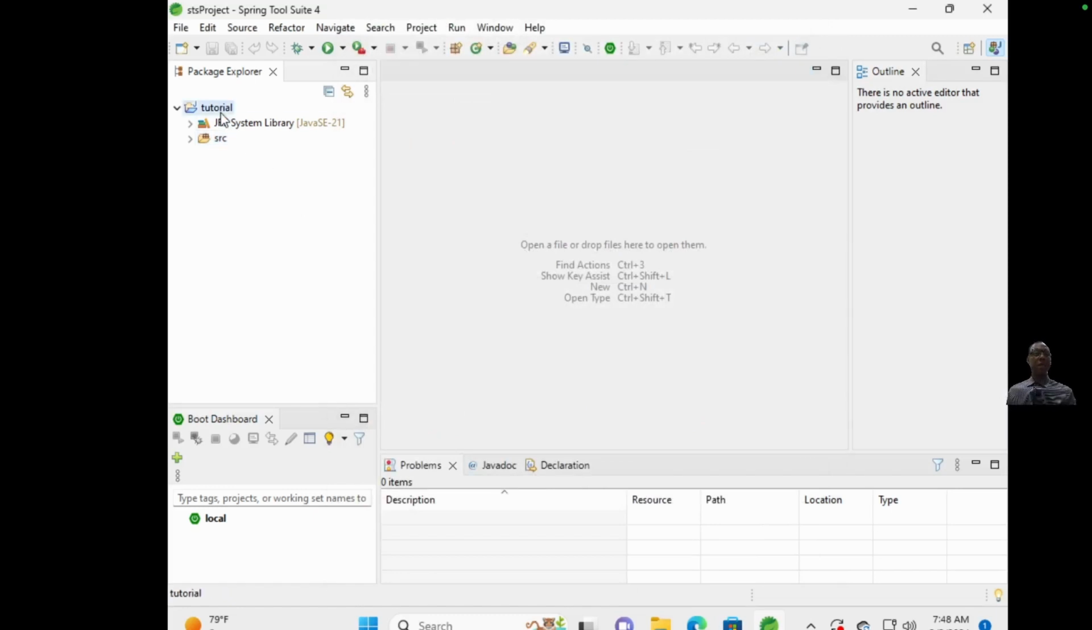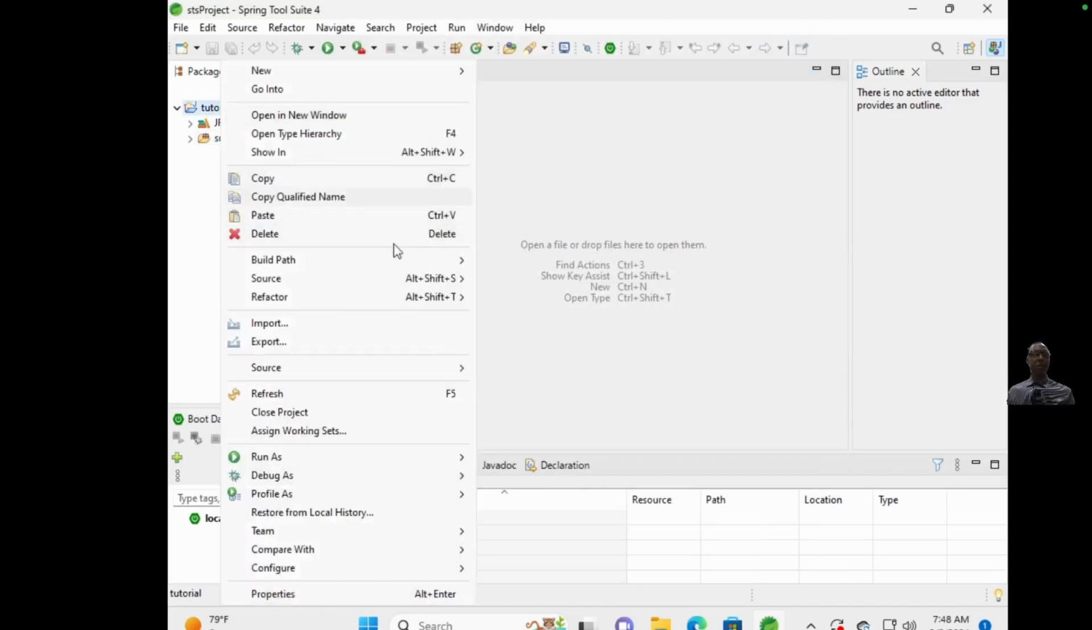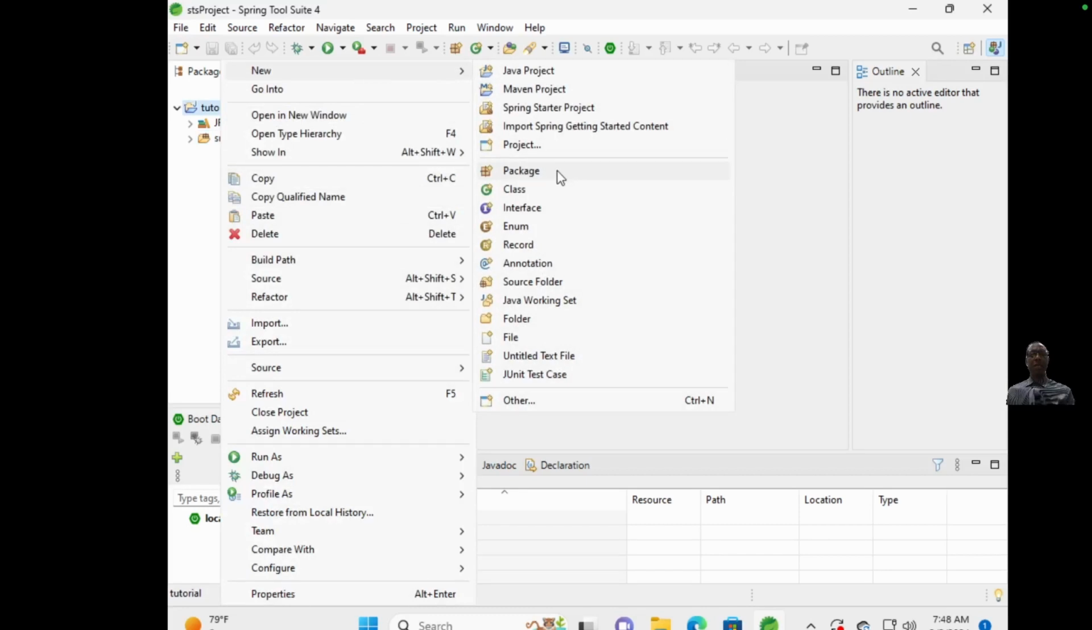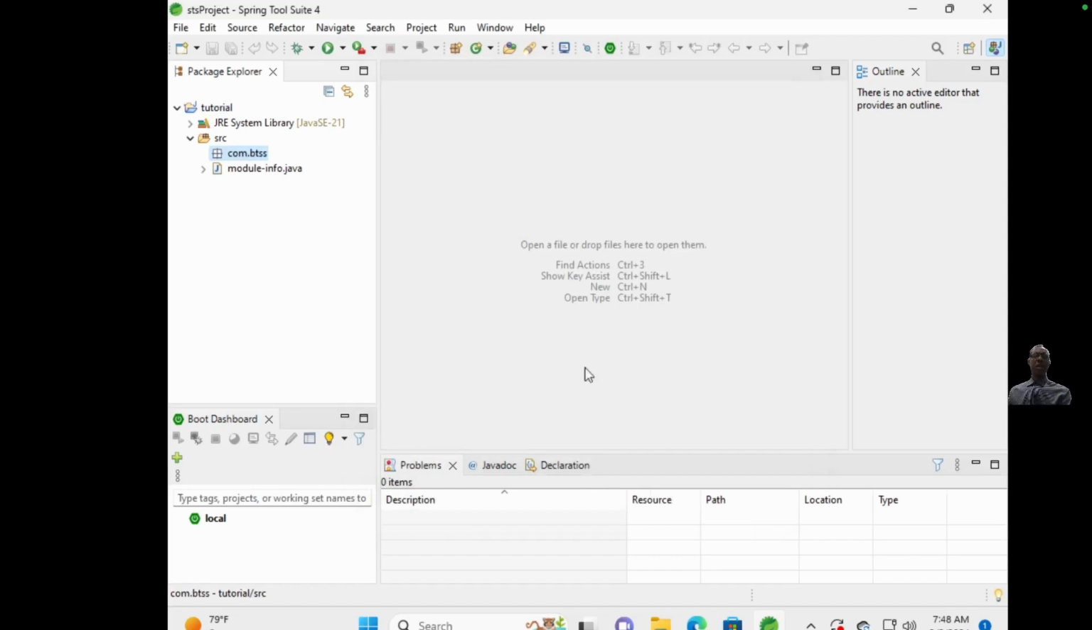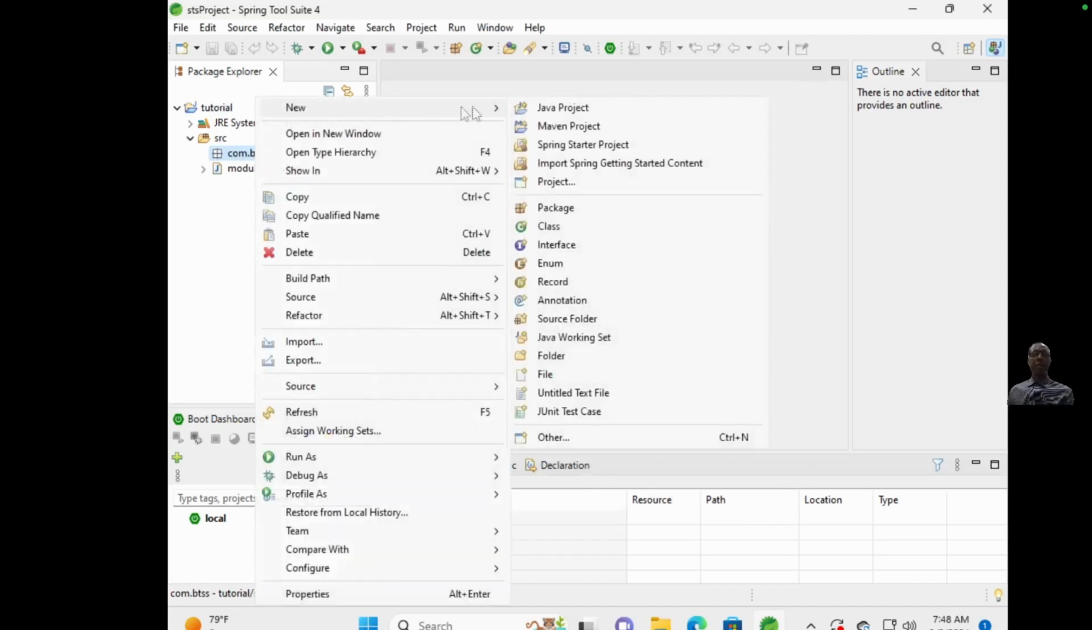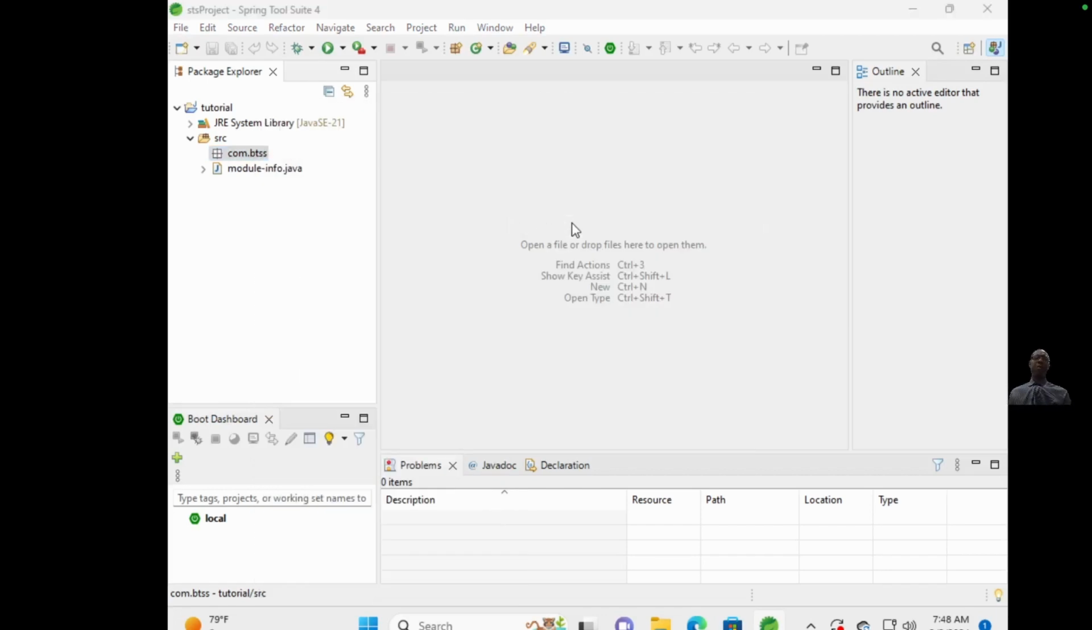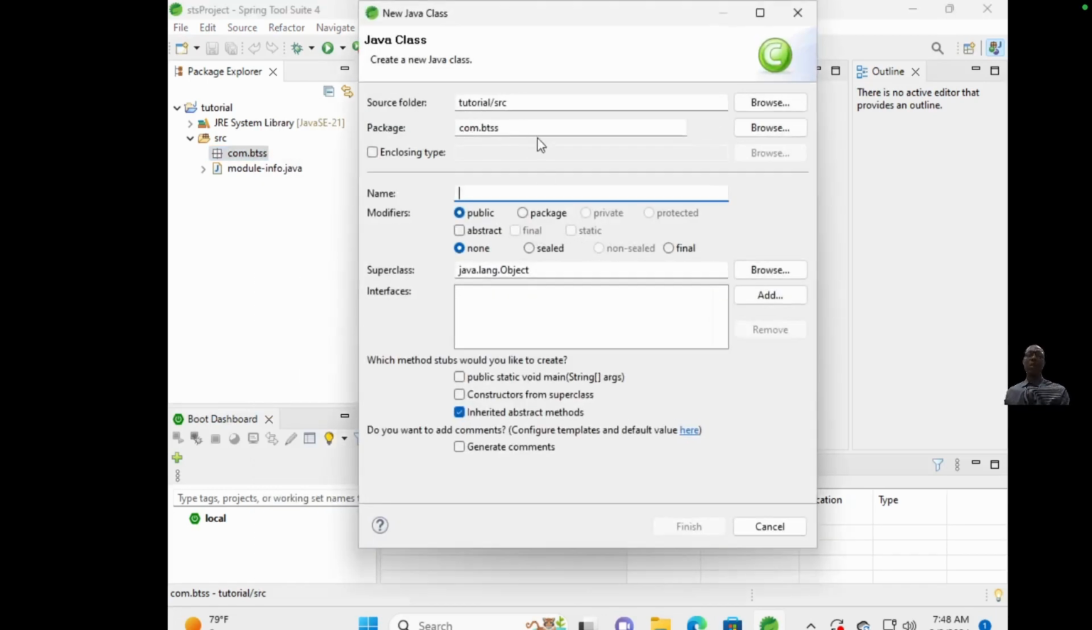Okay, let's first of all create a package here. New. Let's create a package where we'll keep our programs, com.btss. Okay, so we can now come and write our program and say class. The first time we are taking it gradually so that we know the steps the system follows. First we create the project tutorial. We create a package com.btss. Now we want to create our program called hello